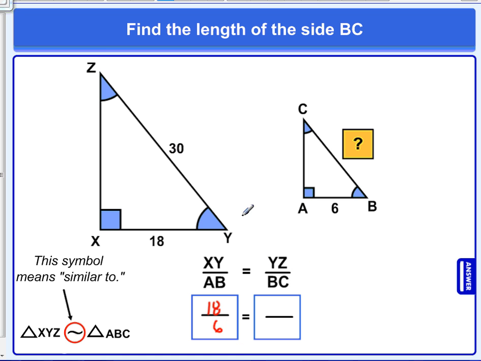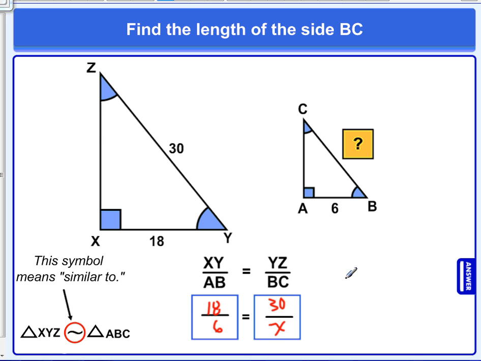My side YZ is 30. And BC, we don't know, so I'm just going to call it x. So now, you know how to solve this using